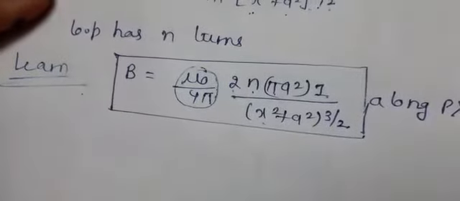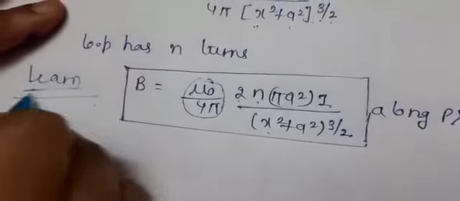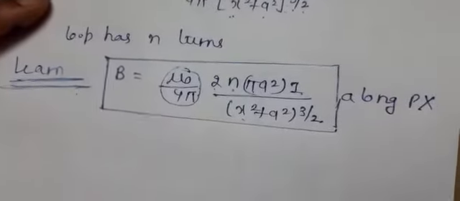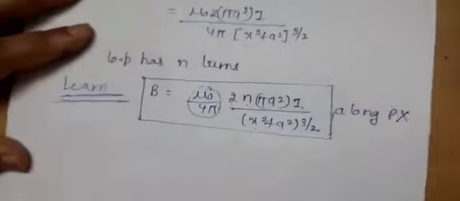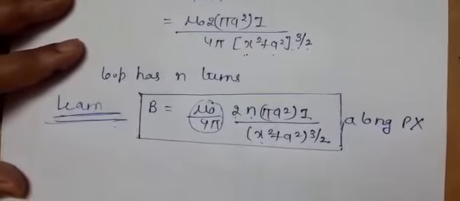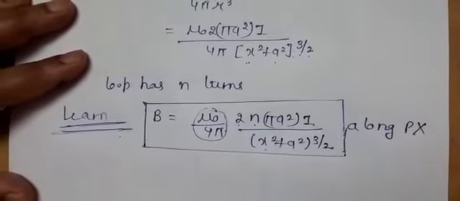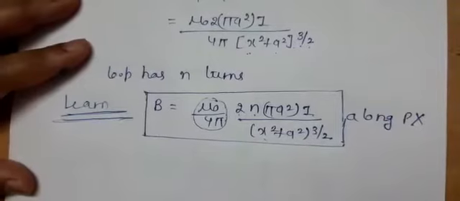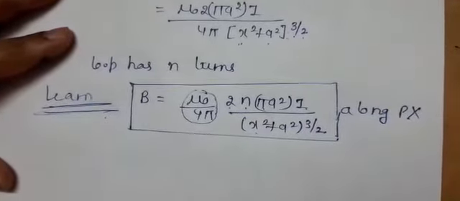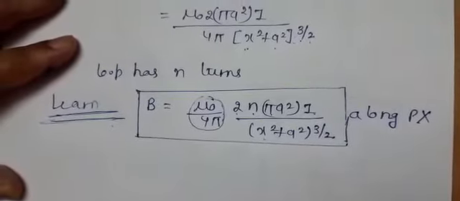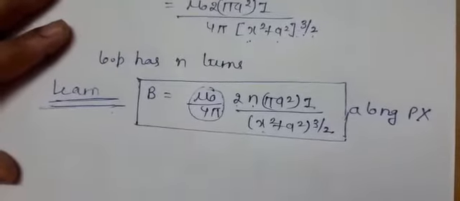Always write all these results on a single page where you can collect all the formulas, where you can easily learn them. Paste the paper on your wall, learn all the formulas one by one, so that they are fixed in your mind, and you will easily become habituated to using these formulas in numericals. So this is how we find the magnetic field at the center of a circular coil carrying current.